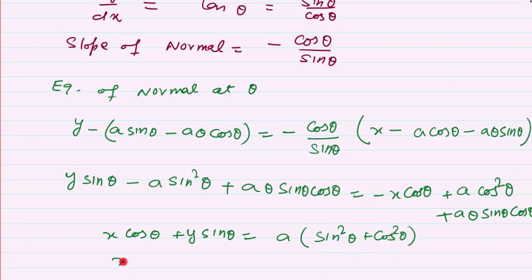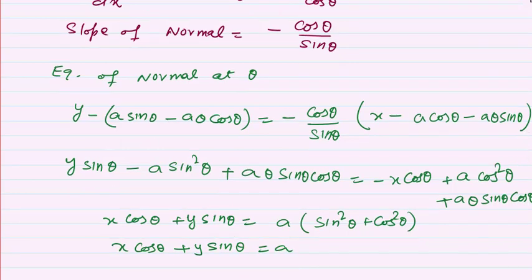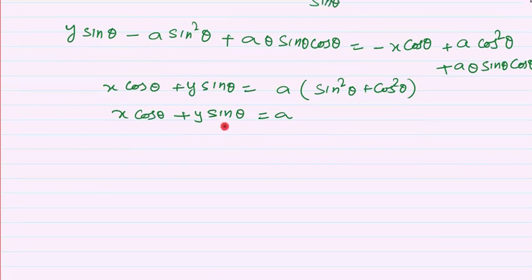So the equation that we are getting of the normal is x cos theta plus y sin theta is equal to a. So this is the equation of normal. The first part of the problem we have done. Now the second part of the problem is to show